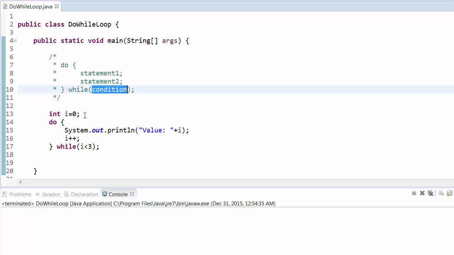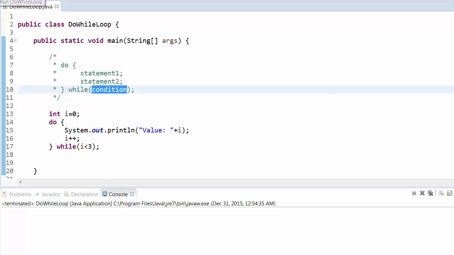Like in this case we have initialized int i equal to 0, right? And then we are saying do and print the value, and then iterate the value, which is i equal to 1, and then we are checking whether this condition is fulfilled or not. So here 1 is less than 3, so again it will execute this statement and again iterate the value. So it will first print 0, then 1, then 2. Now after 2 it becomes 3, so this condition is not fulfilled, and then it exits from the loop. So this is how we follow the do while loop.